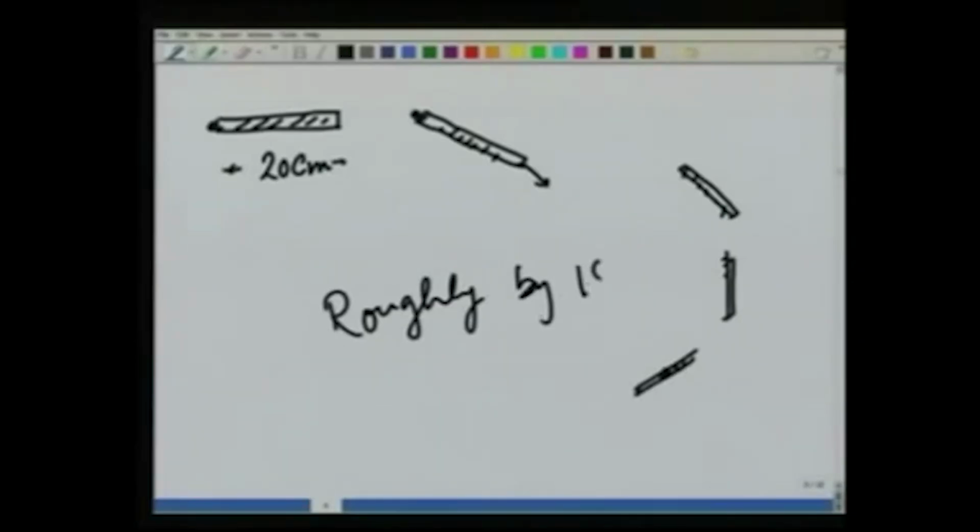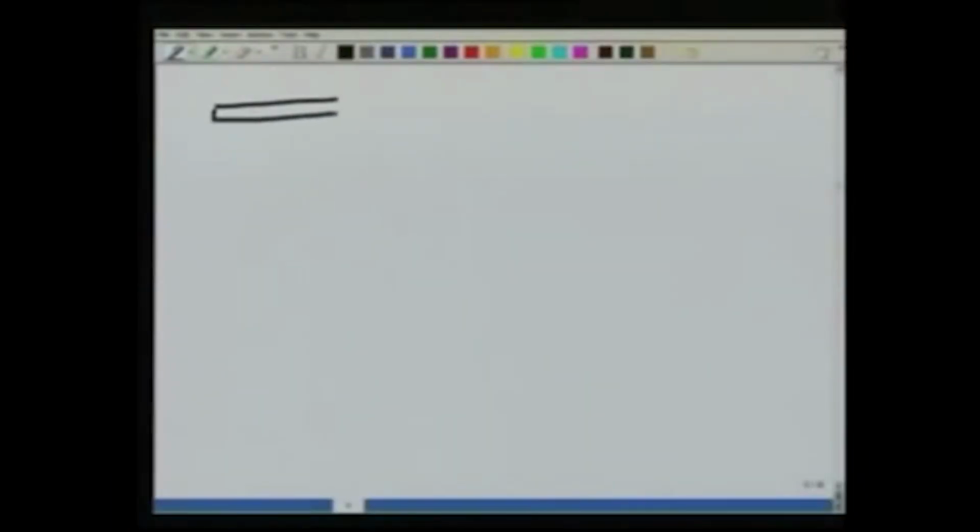by 180 degrees. Why roughly? Even if it is 150, it will fall down the other side down. Even if it is 200, it will fall down the other side down. So let us try to understand this. First step is, when the booklet is like this, let the length, the distance of the center of mass from the pivot point, or where I am holding it,